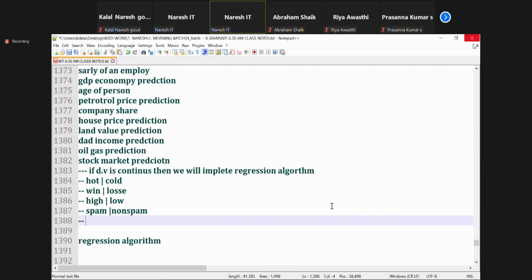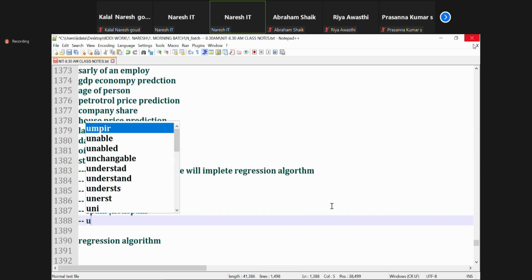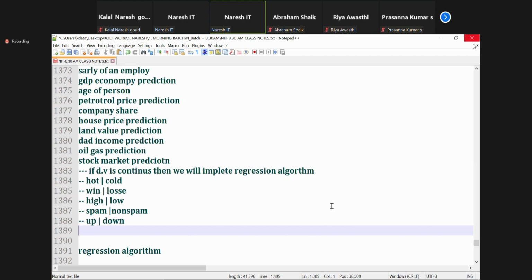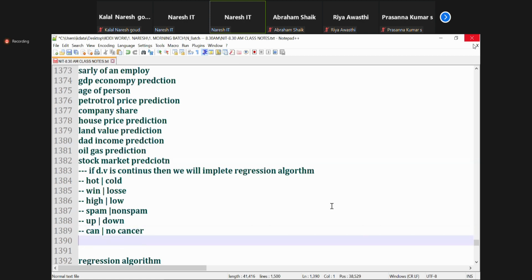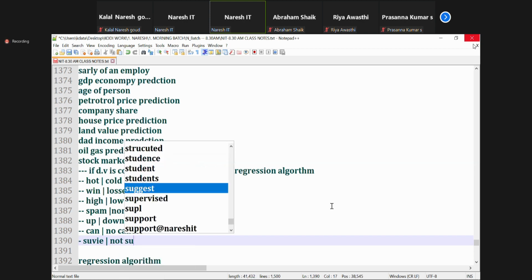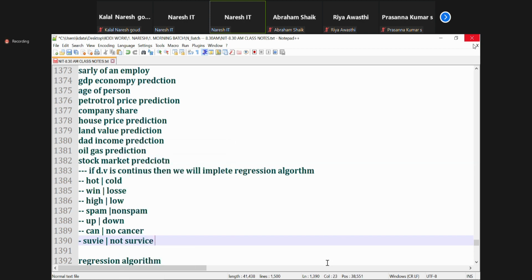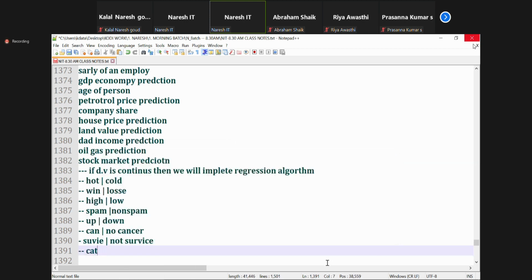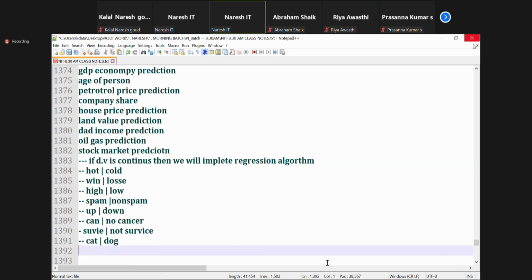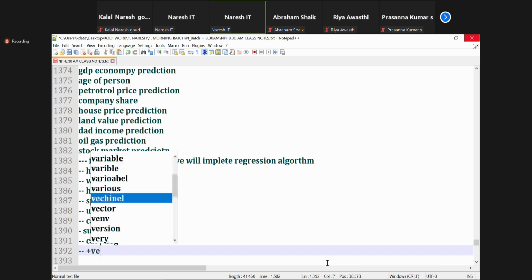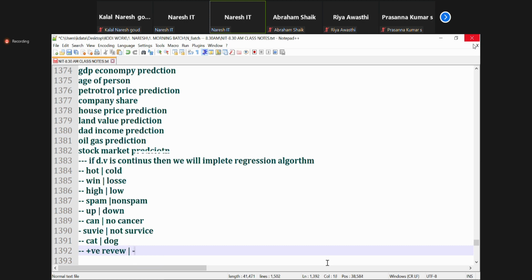What else? Many more examples I can give. The market is up, the market is down, isn't it? Do you have cancer? Yes or no? Will you survive or not survive? It is a cat image or a dog image. Then positive reviews: you eat some dish and you can review it as a positive review or negative review.